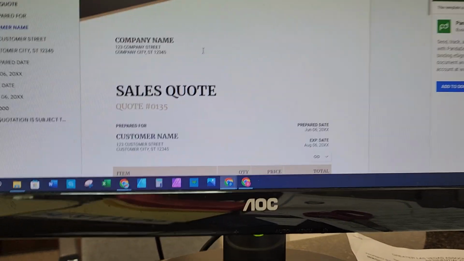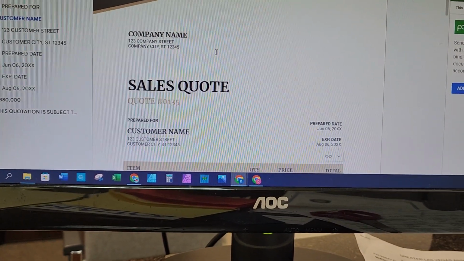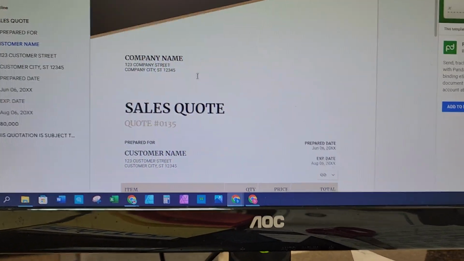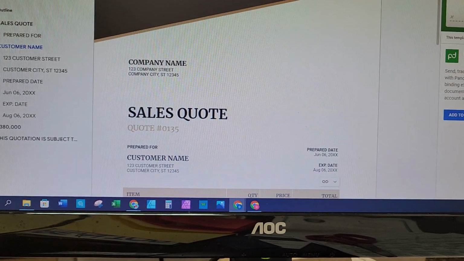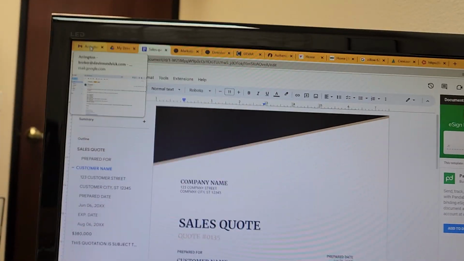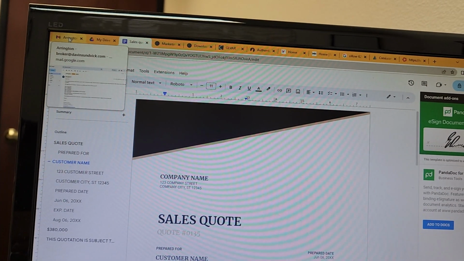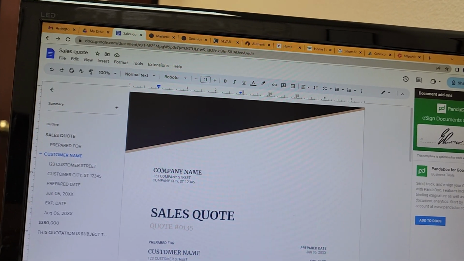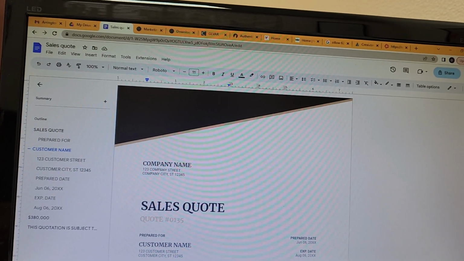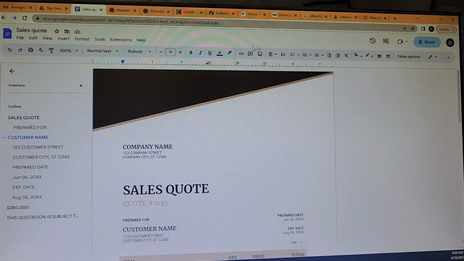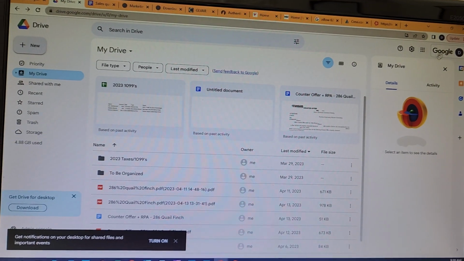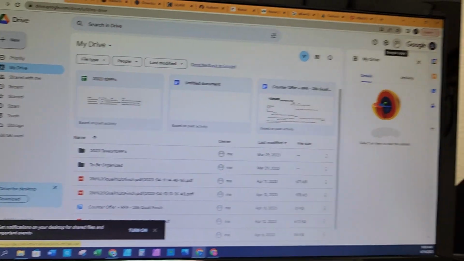All right, today we're going to make an invoice or a sales quote using Google Docs. Now, it's super simple. Typically, you can go to your email. I'm not going to open up my email, but within your email you can go to your tools tab. You can also get to it on the other side of your computer as well. Either way, you're going to click on this little box right here when you're